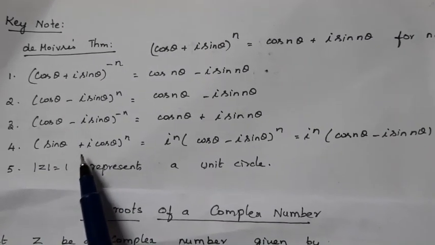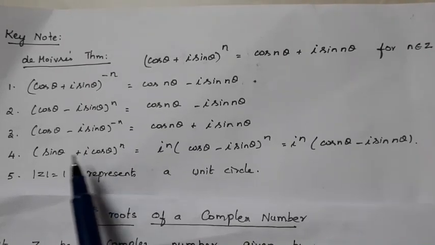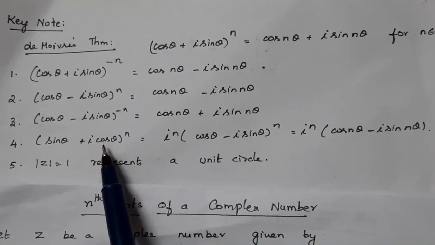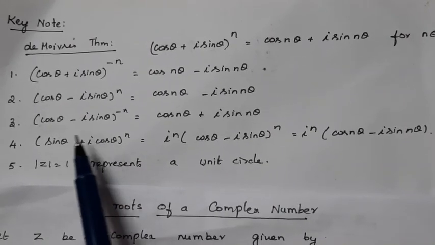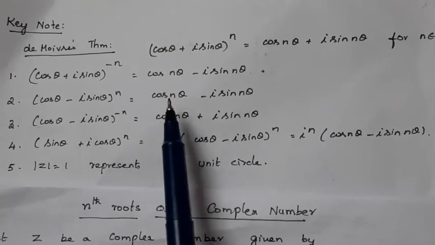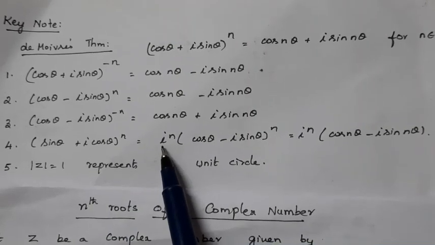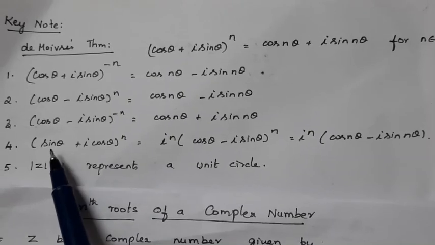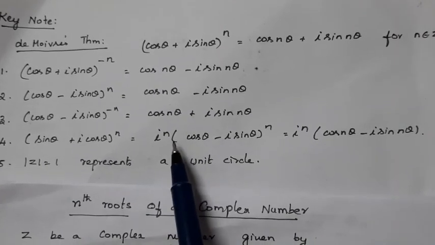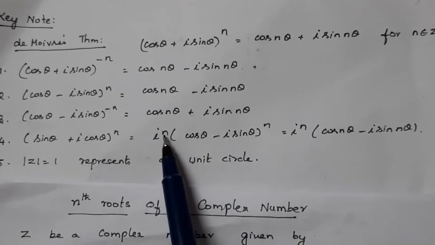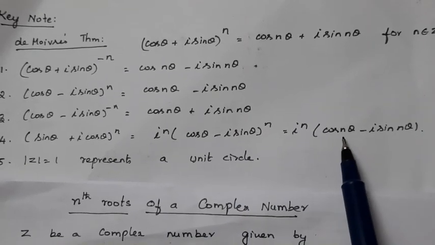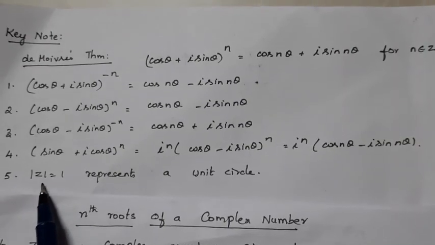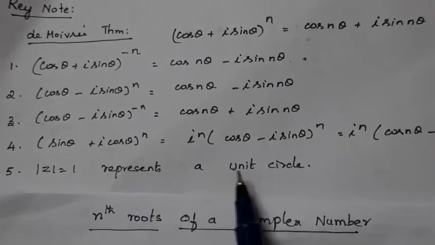Then (sin theta + i cos theta)^n, where here the sin ratio is in the real part and the cos ratio in the imaginary part. Even if the complex number is in this form, we can apply De Moivre's theorem by taking i outside and transforming it to the proper form. That is, after taking i, this would become i into (cos theta - i sin theta). Then taking power n, we have i^n into (cos n theta - i sin n theta). And then one more result is